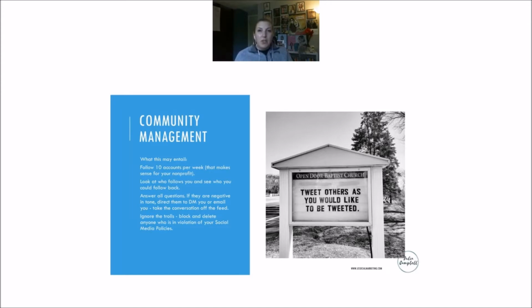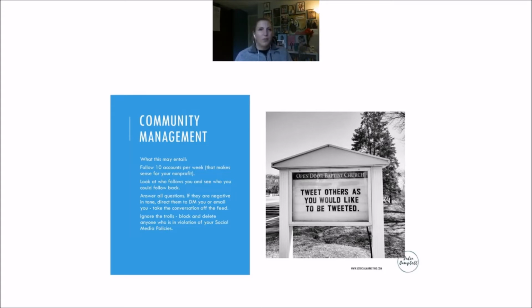If they're negative in tone, then it depends. If they are negative in tone, but they don't violate your terms of service, your policies. Maybe you have a policy: no obscenity, no bullying, no racist terminology, no harassment, that kind of thing. If they violate that, then you can delete it. If they just look like they're purely harassment for harassment's sake, if they make no sense, if they're just spam, delete. But if it's a legitimate criticism that's negative, take it offline, direct them to the DMs, see if they